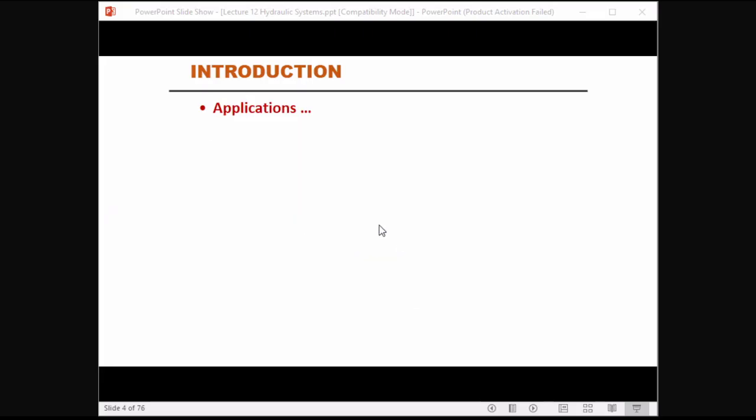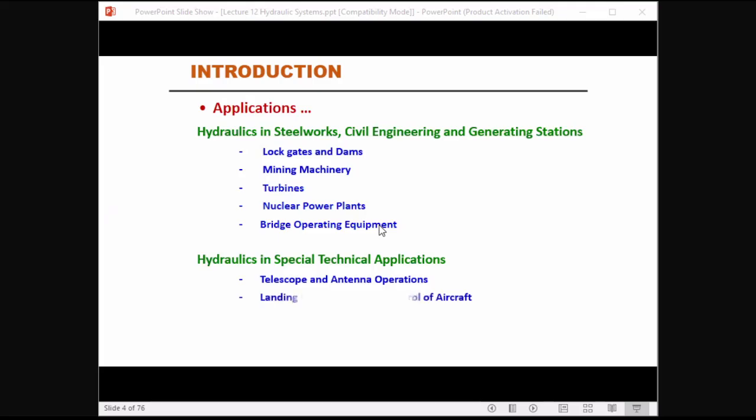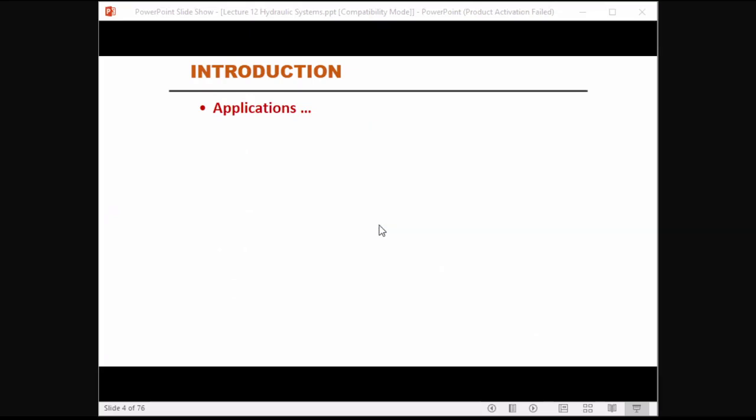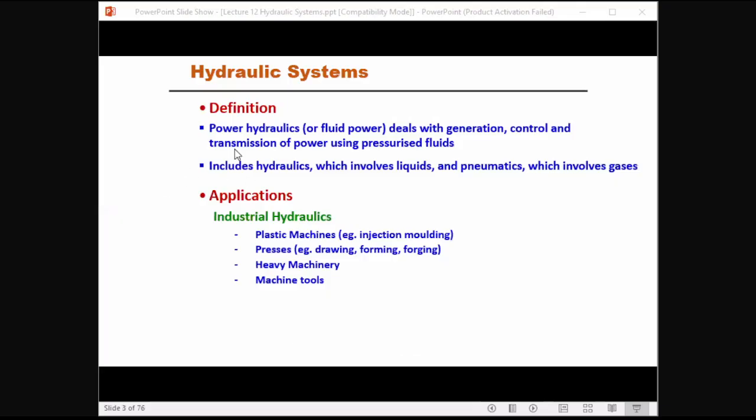In this case, basically, we can identify power transmission process done by pressurized fluid. Okay, in this hydraulic fluid system, a power transmission process done by using pressurized fluid. Okay, then